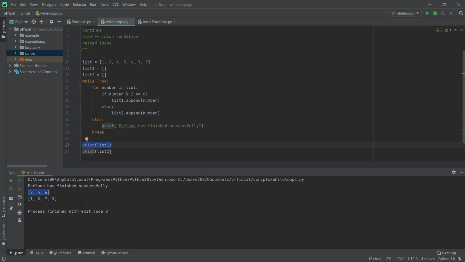So simple. When you use the else in the for loop, we are just saying when the for loop has finished executing, you run the code inside the else block. But when it is in the while loop, then